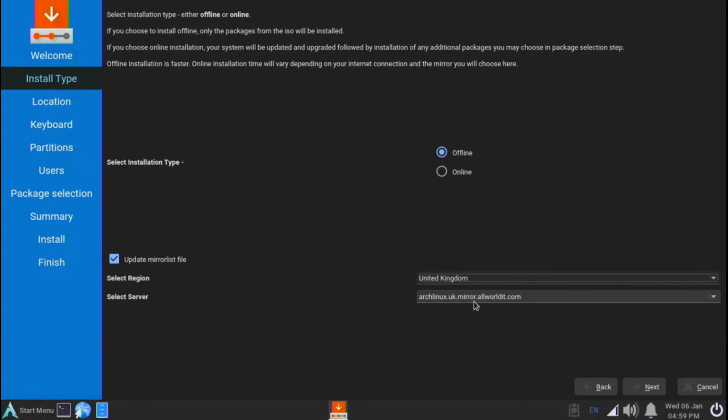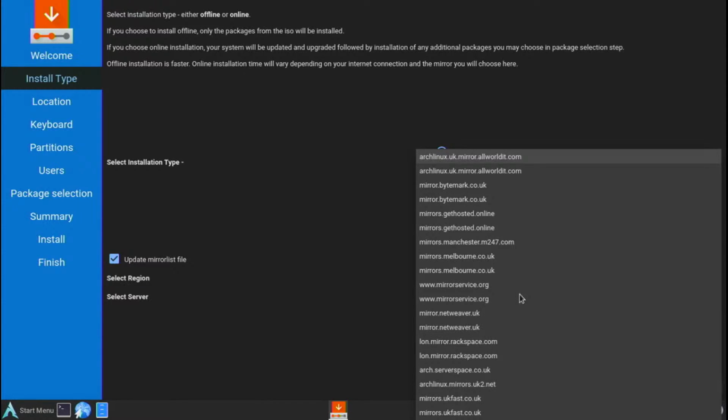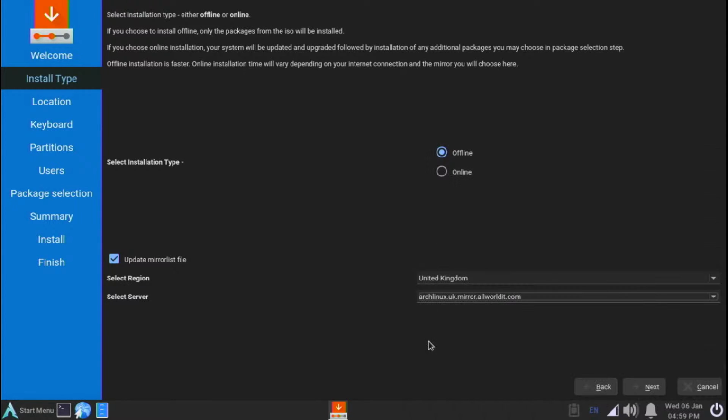Next, I'm going to select a server. You can leave it as the default UK one because obviously you've chosen UK as your region. It has now chosen the UK mirror as its default there. But if you wanted to, you can of course choose more from this list here. Of course, I know for a fact that I've got ukfast.co.uk as a common one here in the UK, but I'm going to leave it set to the